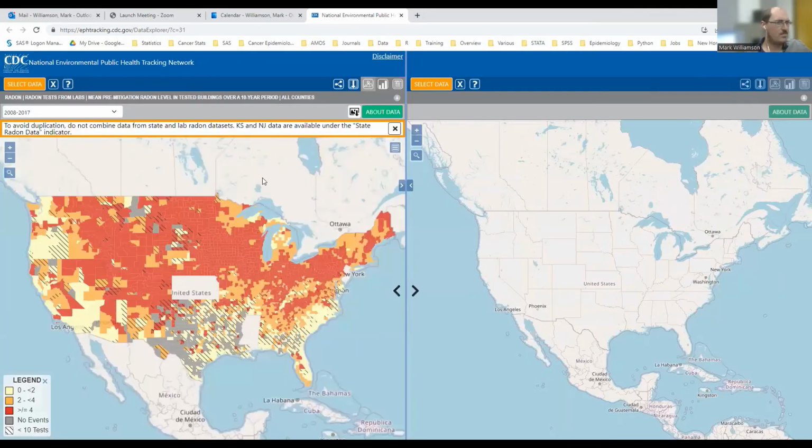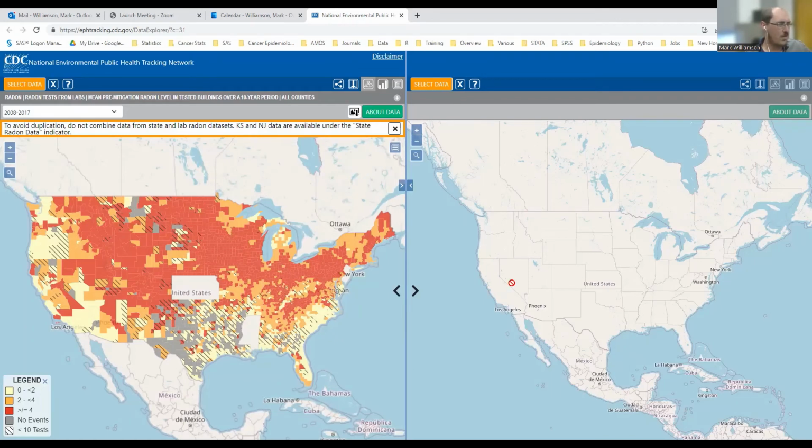it can generate a map with all the data here. And then the light yellow means low rates, 0 to about 2. The orange is 2 to 4, and then red is greater than or equal to 4, and that's 4 picocuries per liter, which is the cutoff for where you should probably remediate your home if radon's at that level. And you can see here why it might be important to talk about radon: in North Dakota almost all the counties are red. Now, another feature of this is you can actually compare values of different variables side by